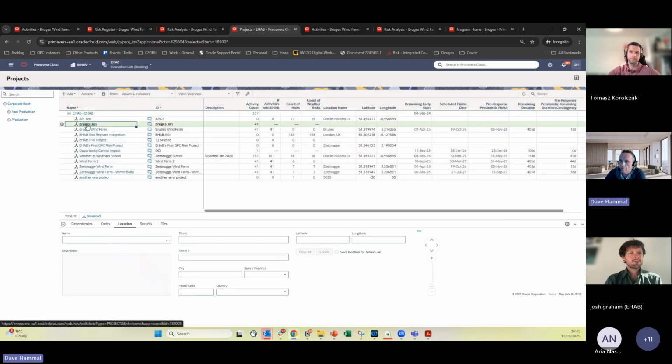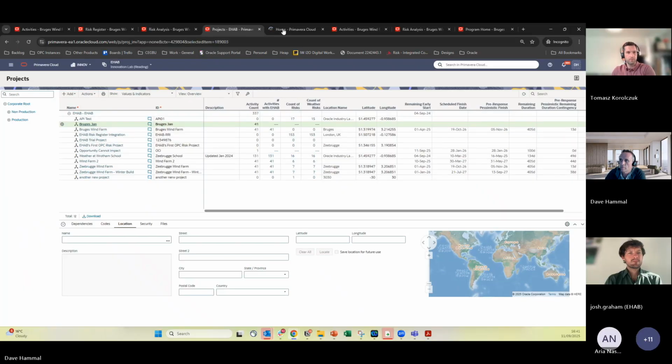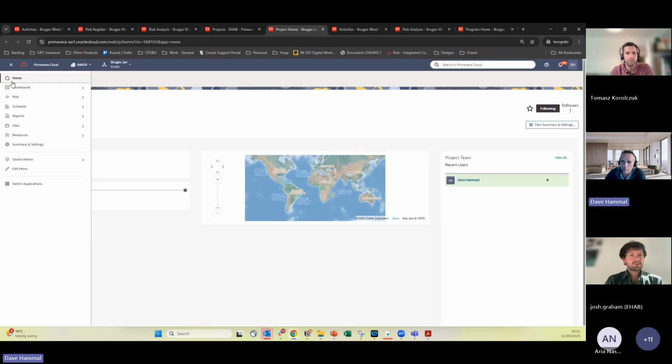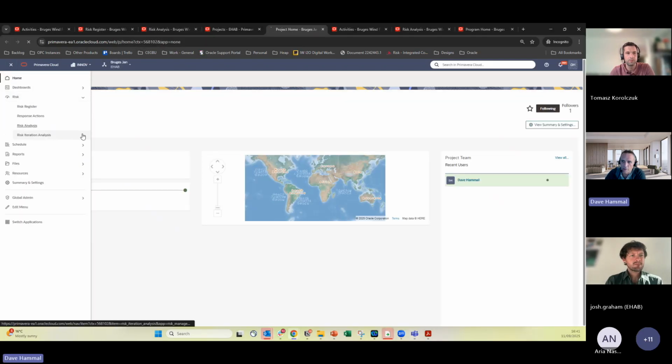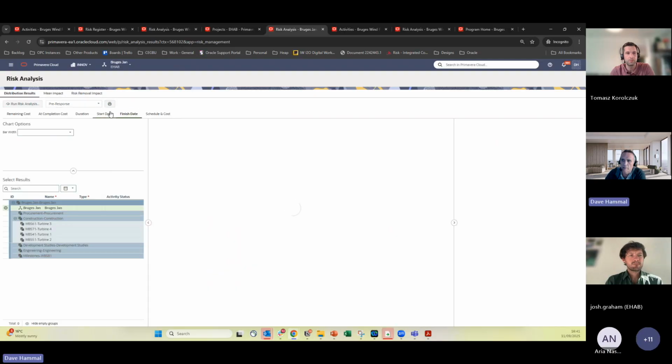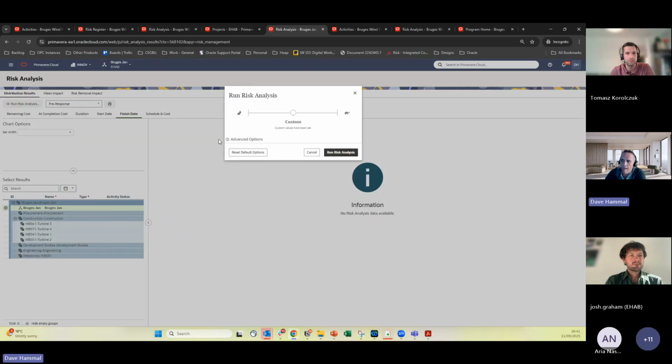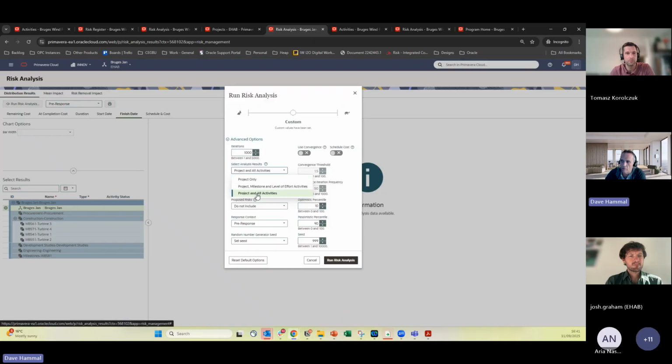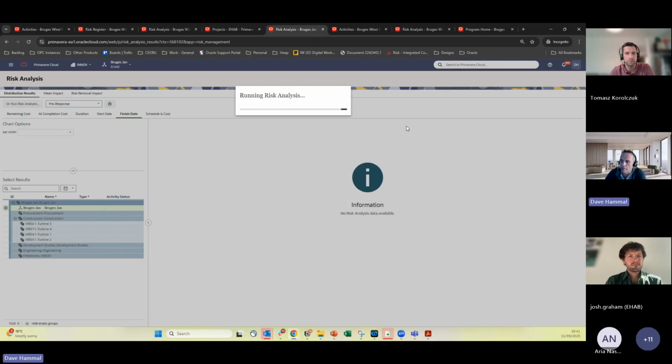There it is. Nothing else needs to be done other than go straight to the risk analysis and run it, right? I'm going to get it at the activity level also. This just means you can look at any particular milestones at the end too.